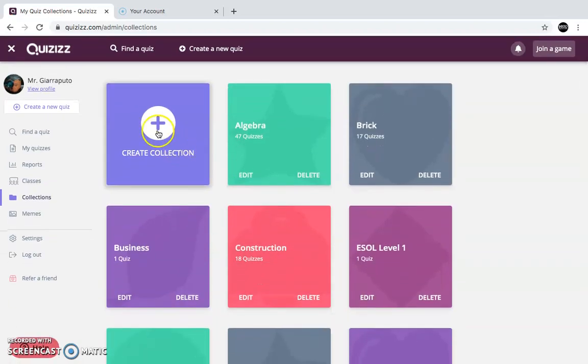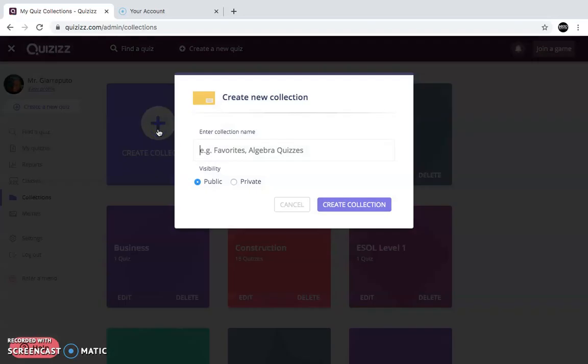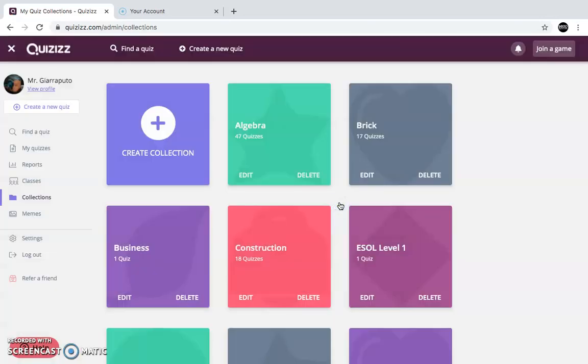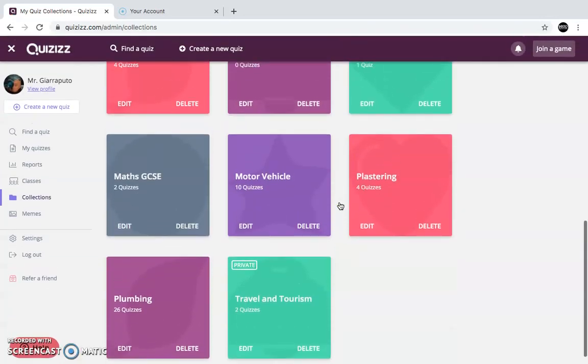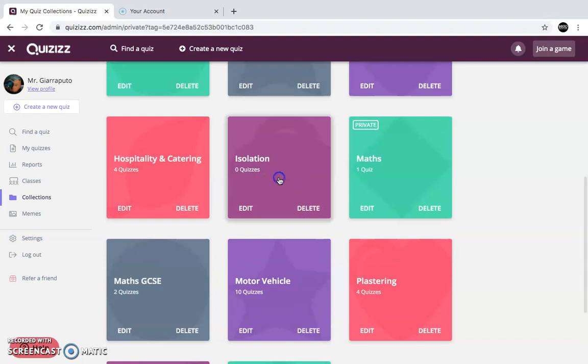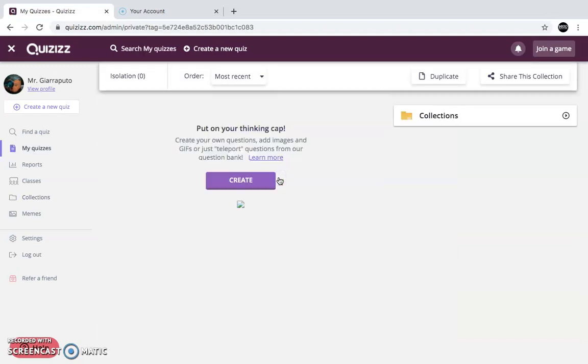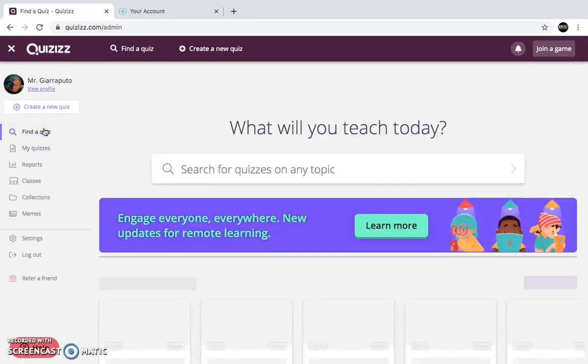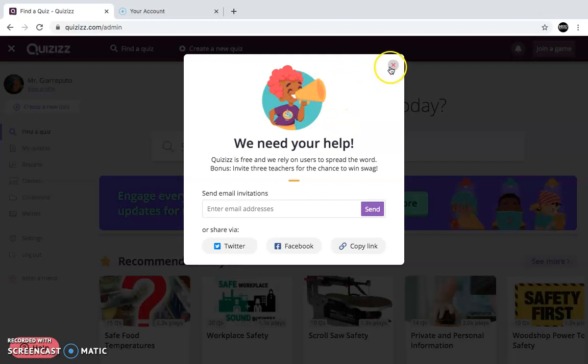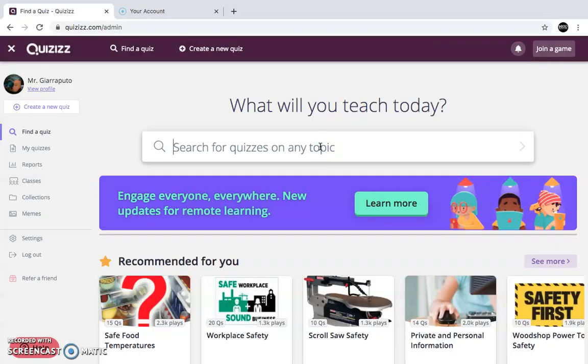And the way you do that is create collection. You can name it whatever you like. I'm going to name mine isolation. And I can make it public or private. We create that. So now somewhere in here we should have, I think it's in alphabetical order, isolation as my collection, and now I can go to find a quiz. I don't want to send to my friends yet. I'll find a quiz and we can look at